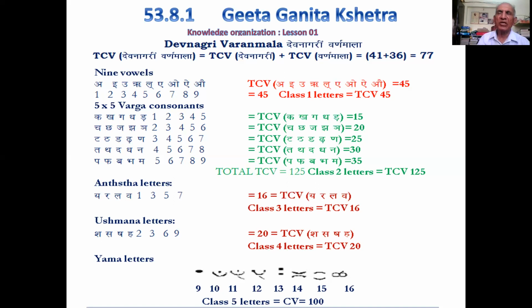Step ahead, the third group, the third class is a setup of quadruple letters. These quadruple letters are also consonants, but they make a distinct class, and these are designated as Antastha Varna. So these quadruple Antastha consonants are of placement values 1, 2, 3, and 4 in this sequence, but the feature to be appreciated is